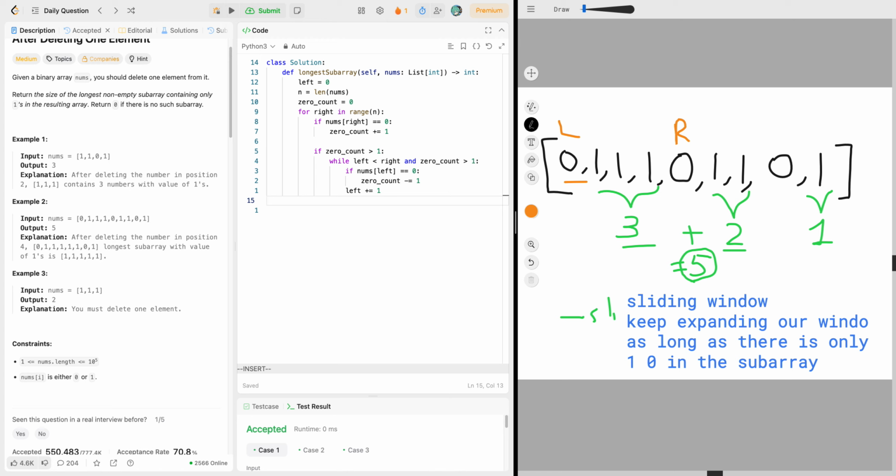And after we exit this if loop, our zero count is going to be 1 as we desire. What we want is that after all this, we see what the best one is. Let me create a variable right here, best. Now best is going to be the maximum between the current best and our right minus